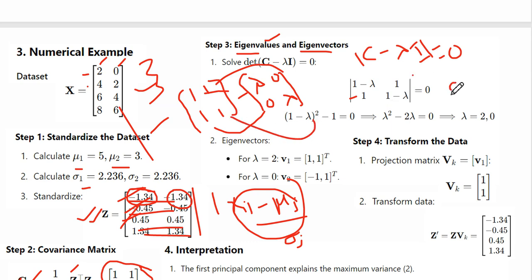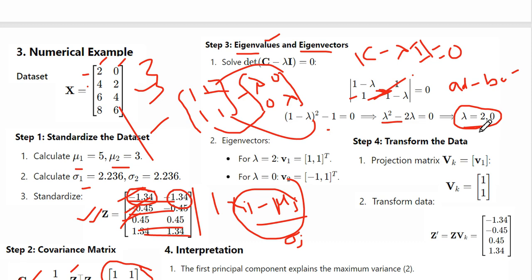If the matrix is A, B, C, D, the determinant is AD minus BC, equal to 0. This is the AD, (1 minus lambda) whole square, minus the BC, 1 into 1, that equal to 1. If you solve this one, we are getting the values for lambda equal to 2 comma